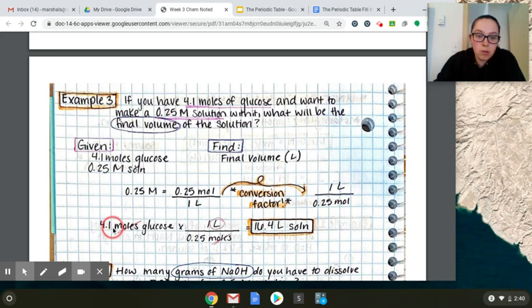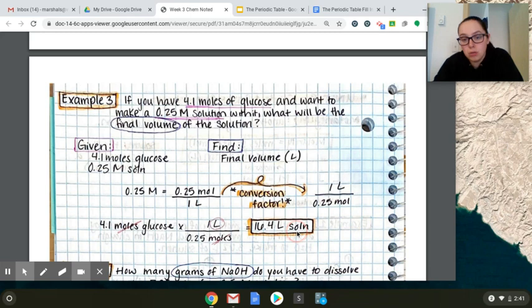So 4.1 moles of glucose. My cross and my line. I have a liter on top. I have 0.25 moles on the bottom. Just like with molar mass, how the large number stays with the grams, the same thing happens with molarity. The number in molarity stays with the moles because we're saying that there's 0.25 moles in 1 liter, or 1 liter has 0.25 moles. Okay, a simple 1 unit conversion, 4.1 multiplied by 1 divided by 0.25, I should get an answer of 16.4